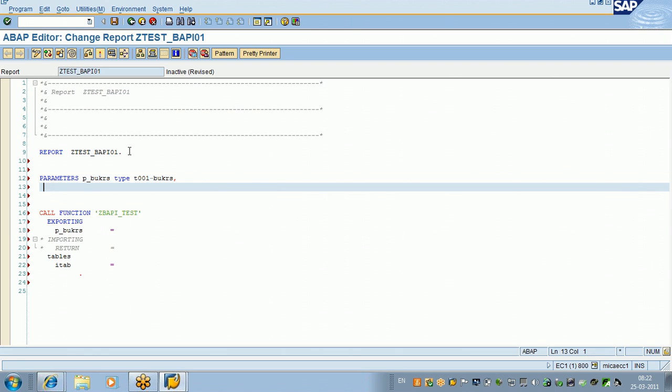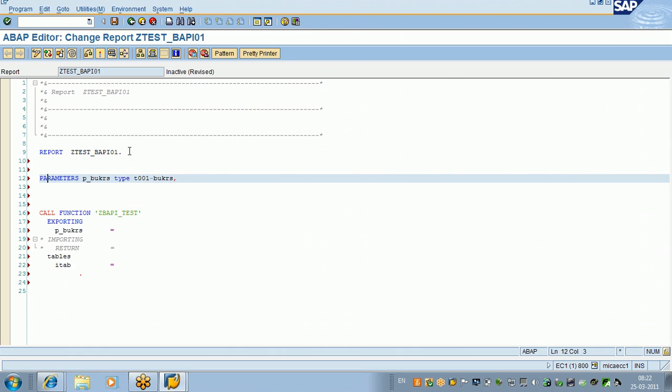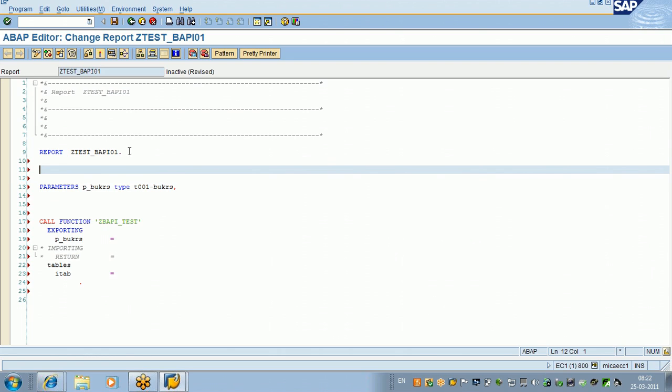Like calling a normal function module, I'll call this, and I'll declare one internal table, data iTab type table of ZBAPI_NEXT_STRU,